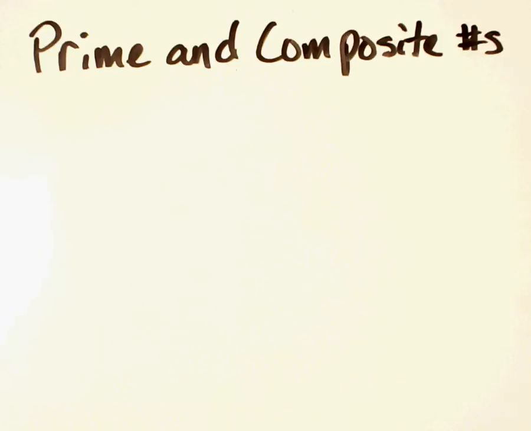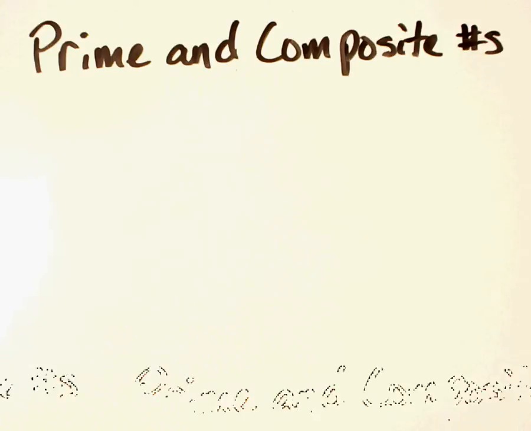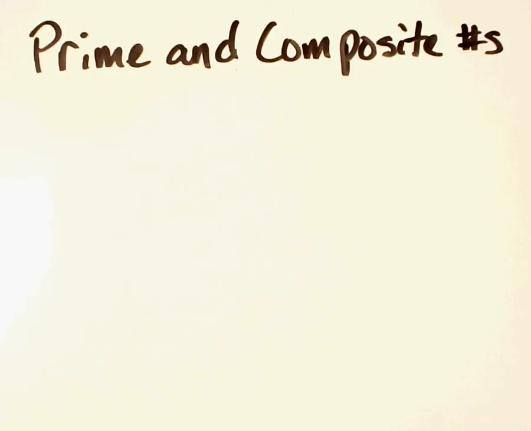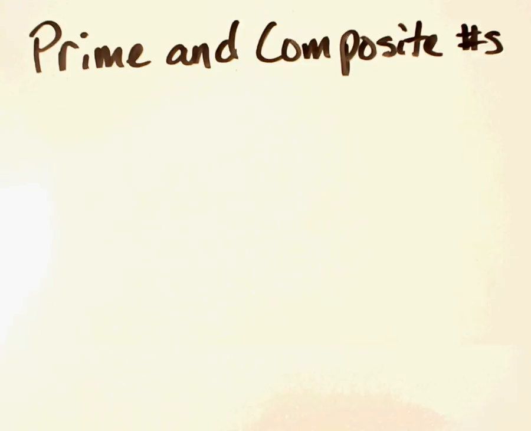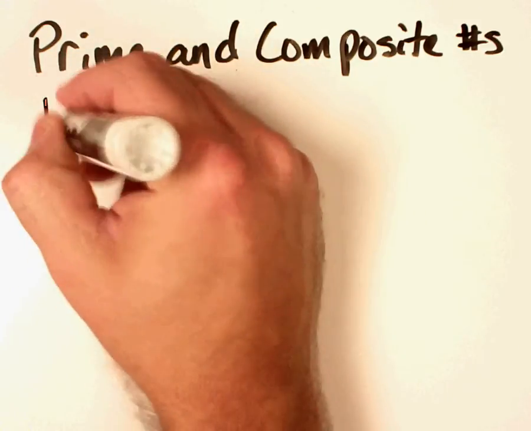In this video, we are going to look at the difference between a prime number and a composite number, and then we are going to look at some number sets to be able to answer some questions on that. So the first thing is a prime number is a number that can only